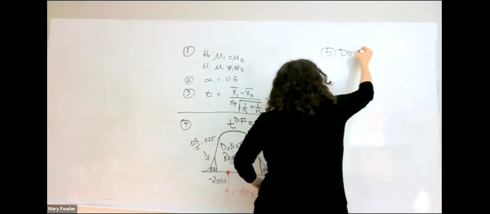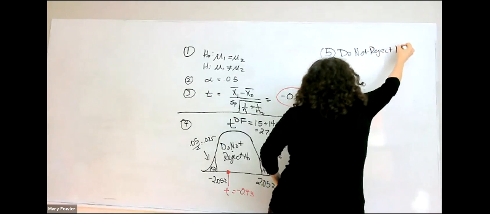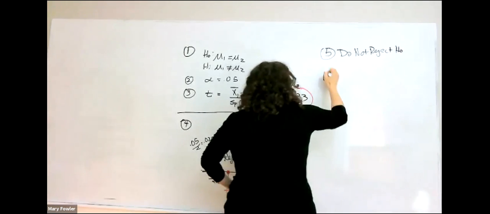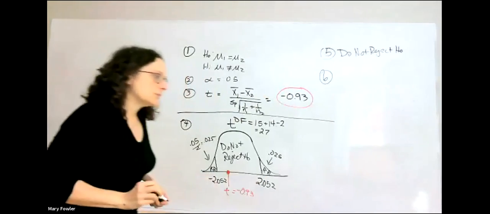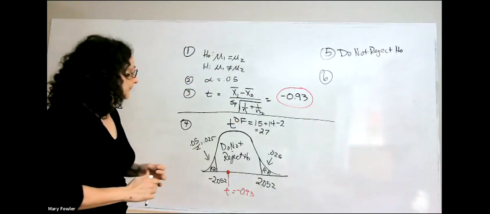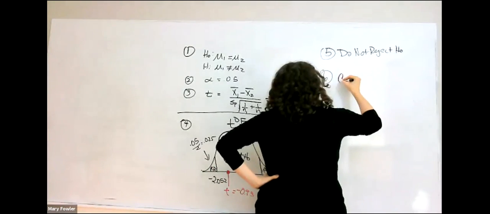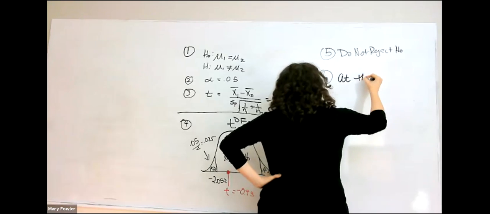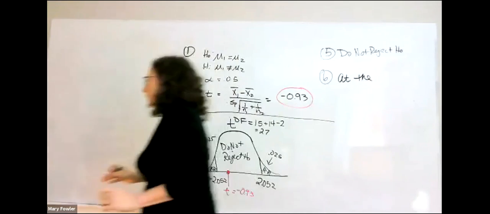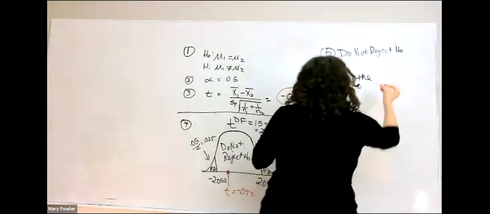Do not reject the null hypothesis. And then step 6 is going to be a statement of our conclusion. Okay, let's go for it. It's going to seem very similar, guys. It has the same structure. At the 5% significance level,